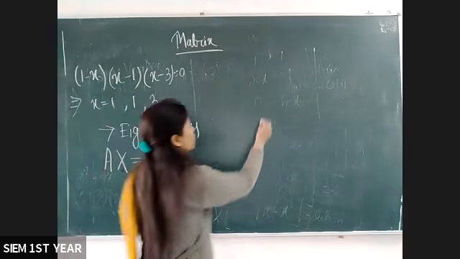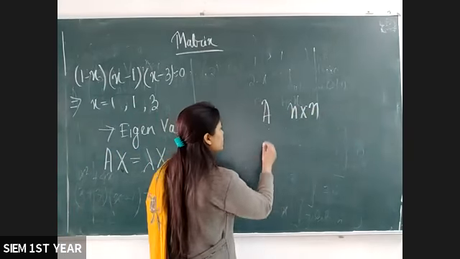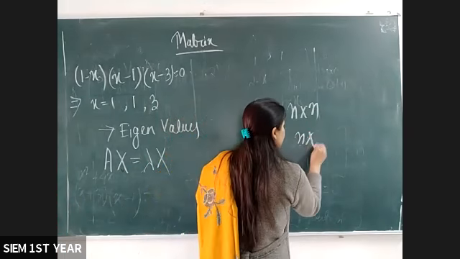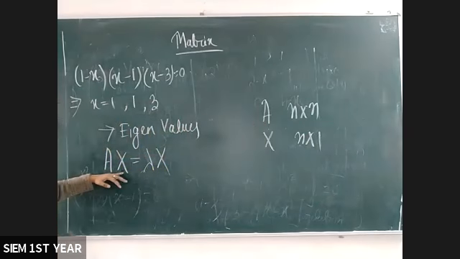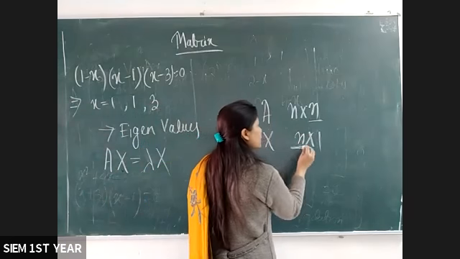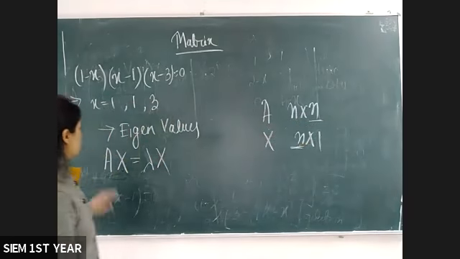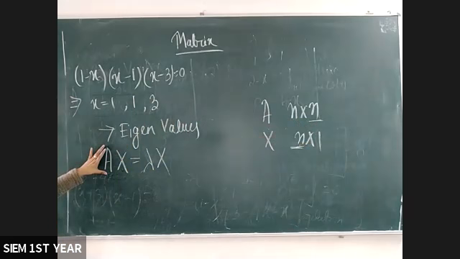In the definition, I told you if A is an n by n matrix, then we have to consider x as an n by 1 matrix. Since this is a matrix multiplication, we have to keep this n and this n the same. That's why we are considering n by n and n by 1. Since A is a 3 by 3 matrix in the question, you have to consider x as a 3 by 1 matrix.